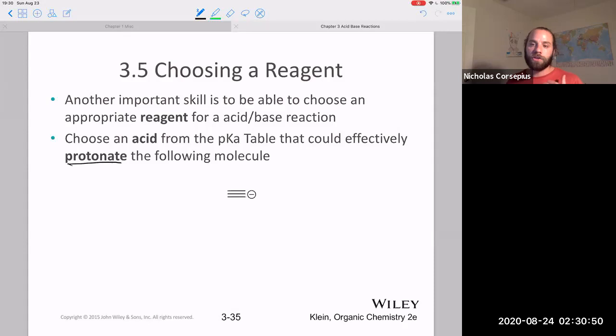So here's where terminology is really important. What does protonate mean? It means give a proton to. So what are we going to use that's going to give a proton to this molecule? That would be an acid of sorts, right? So we're going to need to find an acid. I'm going to use the generic form of an acid here, HA, and then we'll plug it in with a real molecule. But this plus our acetylide ion,